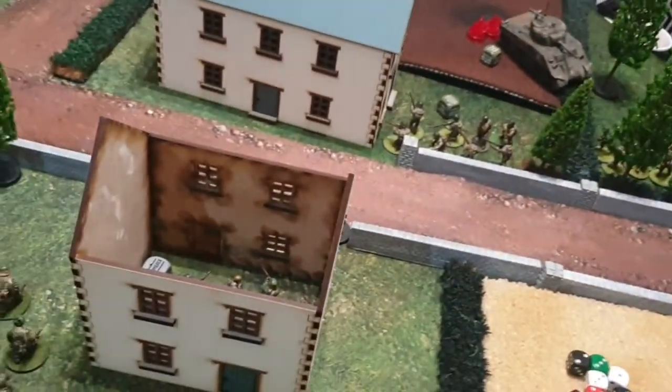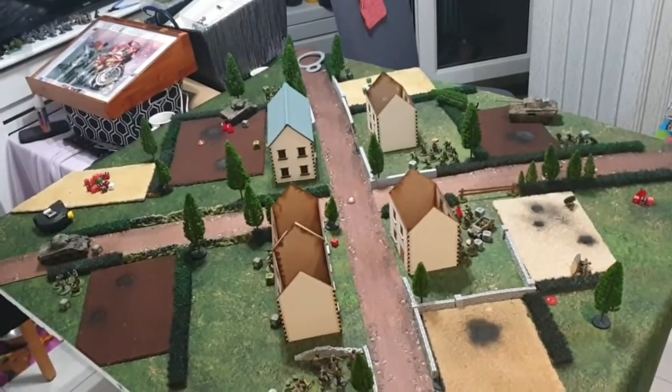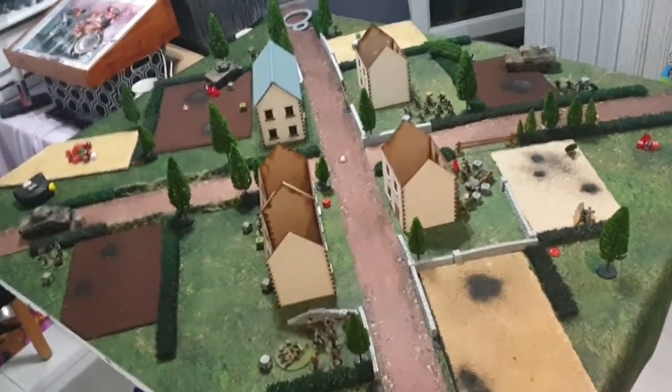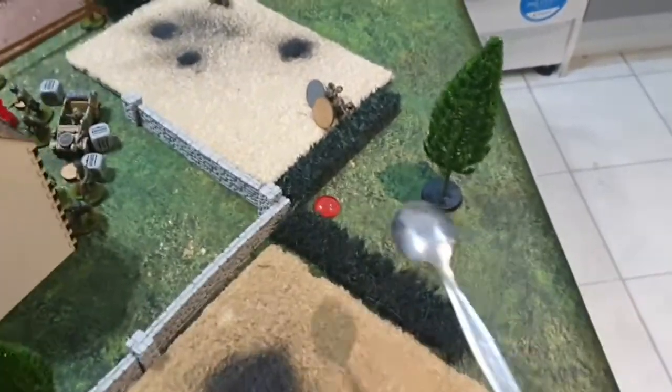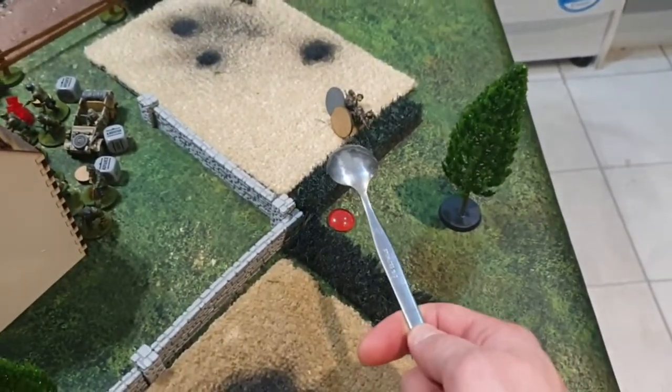And that's me. Okay, end of turn 3 for the Americans. So my para group, they managed to move up from behind the building here, and they took a few pot shots at a squad which was over here by the objective and managed to take 2 out. My commander,